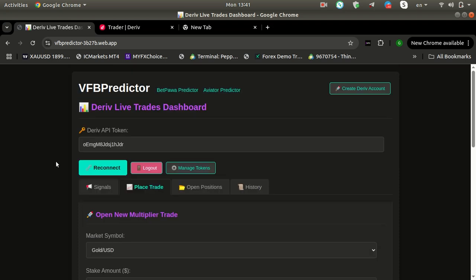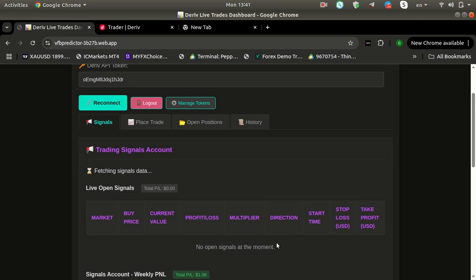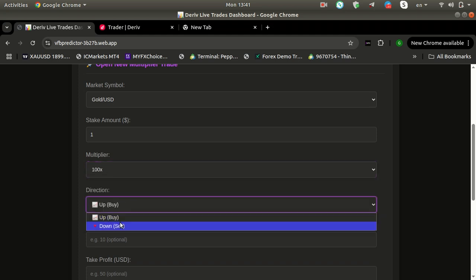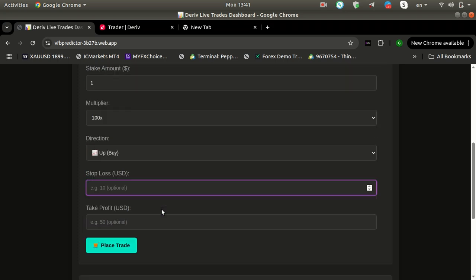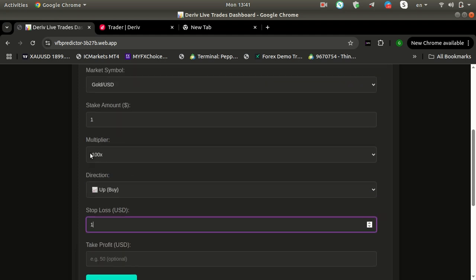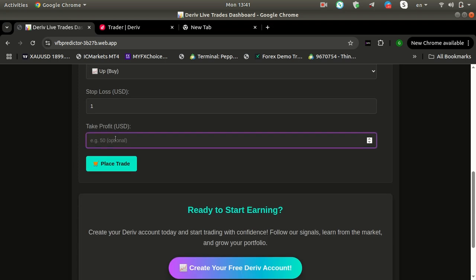Multipliers, as I had told you, these signals give you the information you need. So you come and copy the multiplier of the signal, direction up or down, stop loss, it's optional. Stop loss, I want to risk the whole stake. Take profit, I want to earn maybe $2,